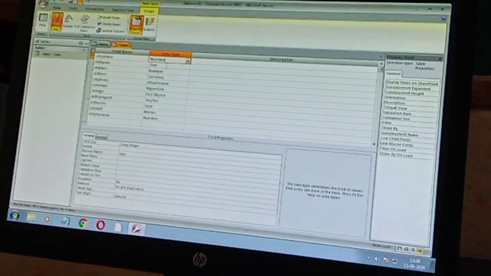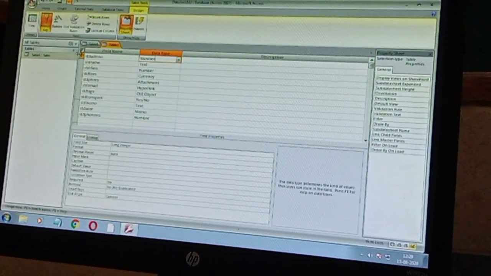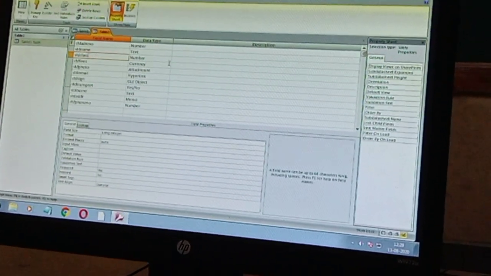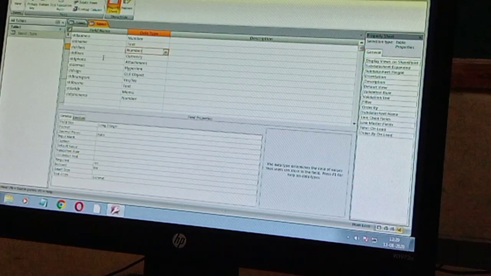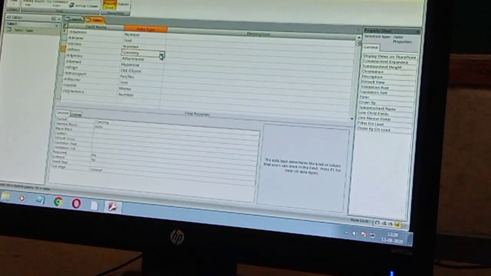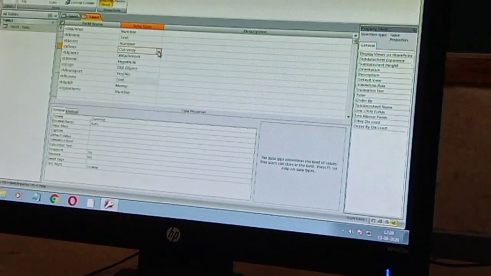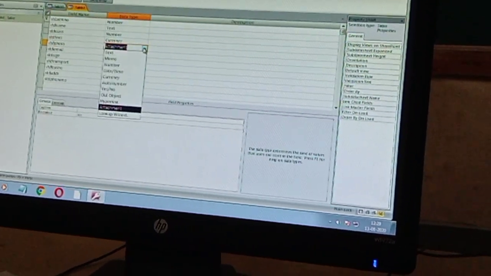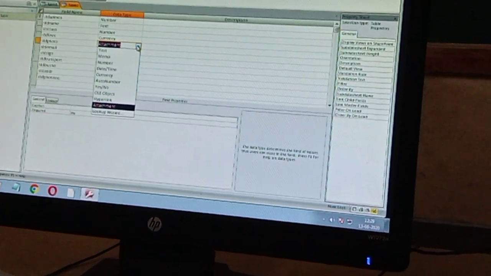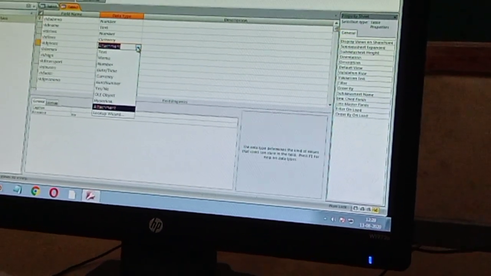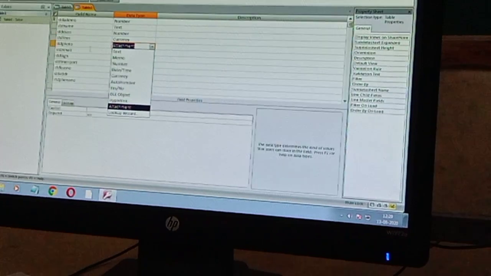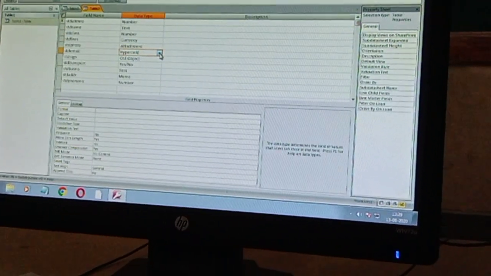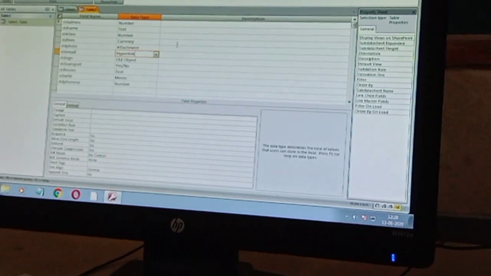Student admission number: here we have selected number and chosen the primary key. Student name, I have taken text. Student class, number. Student fees is currency because it is related to money. Student photo is taken as attachment. This is used for attaching images and pictures, and for that you use the attachment data type. Student email is a hyperlink because you have to click on it and it gets connected. That's why we are using the hyperlink data type.